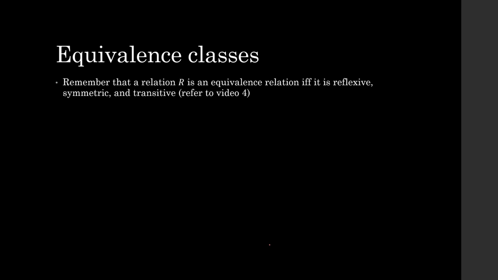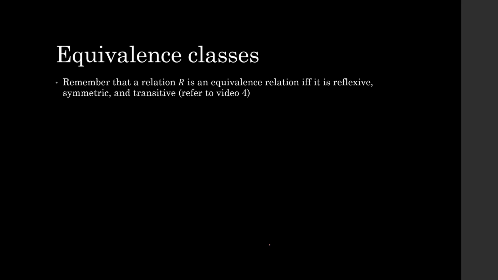So now that we've got that, let's jump back to a little more abstract way to think about modular congruences. We're not going to dwell on it for too long, but it's a nice little tangent. I'd like you to remember that a relation R is an equivalence relation if and only if it's reflexive, symmetric, and transitive. If you don't remember that, and maybe you don't even remember what a relation is, refer back to video 4, where we talked about the beginning of combinatorics,